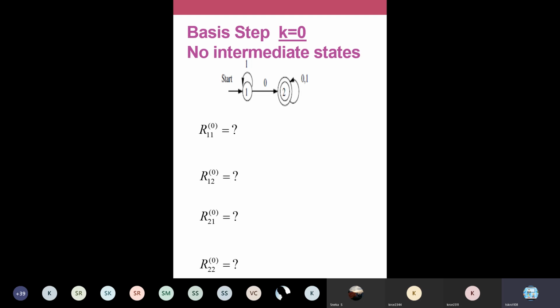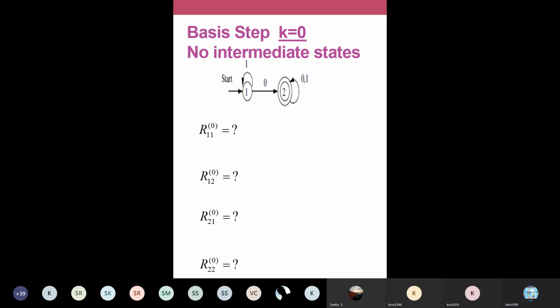That is R11. The subscripts 1 and 1 denote, in general form, Rij. i defines the source and j defines the destination, that is, from which node to which node. From the ith node to the jth node we are going to traverse. From i to j, what is the connectivity, and what is the regular expression defining the connection between node i and node j? That is defined by this R11, from node 1 to node 1.